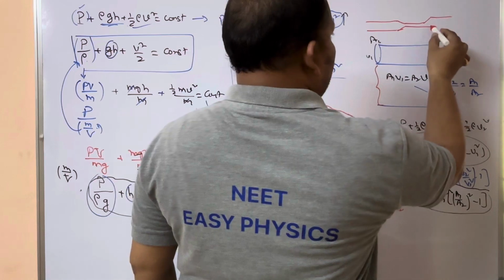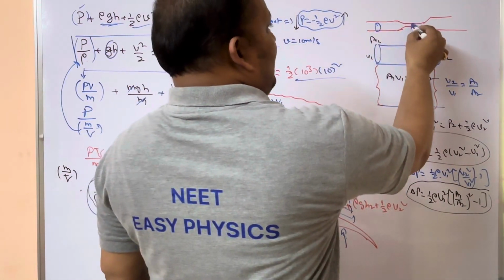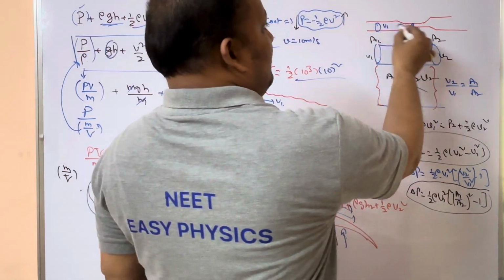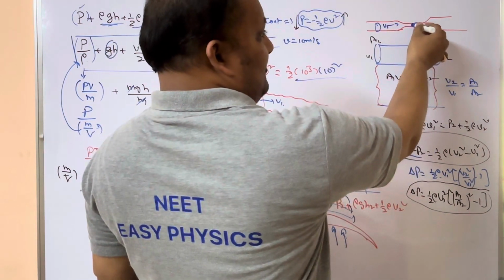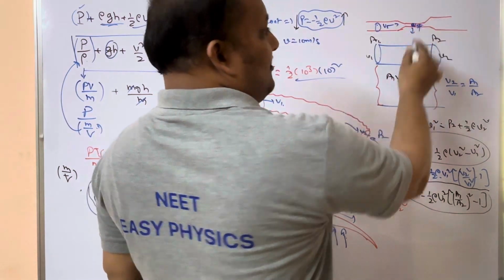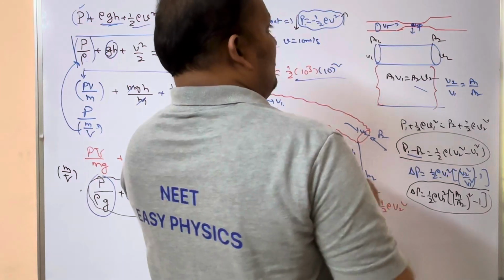Like this it will be there. So these are the pipes. This is the area of cross section. This is another area of cross section. Where velocity of liquid is going to be more means where area is going to be less, there velocity is more. Where velocity is more, there pressure is going to be less. They will take another two